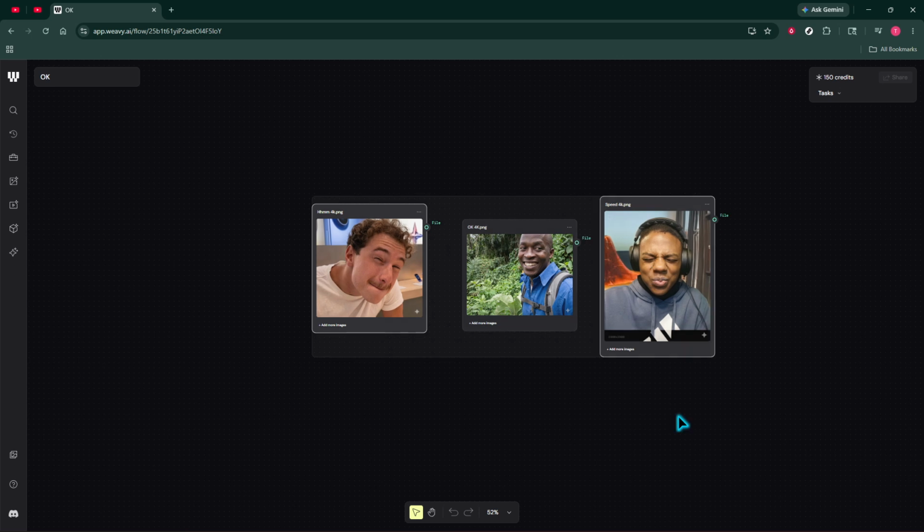With your images selected, right-click anywhere on the selection and choose Download All. This tells Weavy AI to bundle the selected images and start the download. Depending on your browser settings, you may be asked where to save the files, or they may go straight into